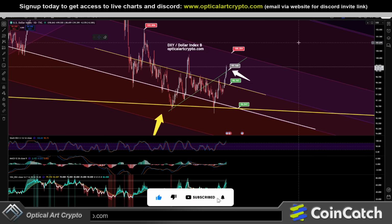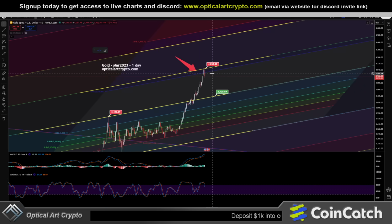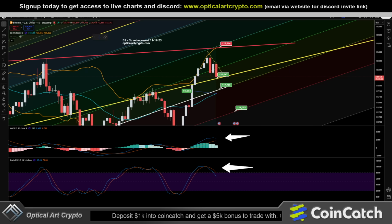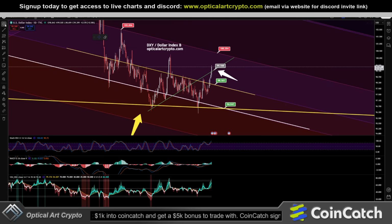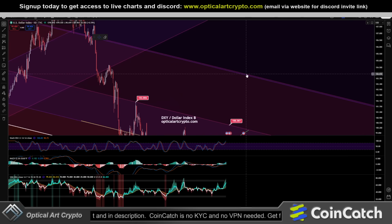And the DXY, as I mentioned before, so gold looked like it was toppy, and you can see we got a rejection. You can see markets are down. Obviously, you can see Bitcoin is dropping, and the DXY is pushing up. And I mentioned this trend line right here to pay attention to. We got a rejection at it twice. We pushed above it, so now your next resistance level for the US dollar, or for the DXY, is around 100.38. If that holds as support, then we're looking at possibly pushing up to maybe